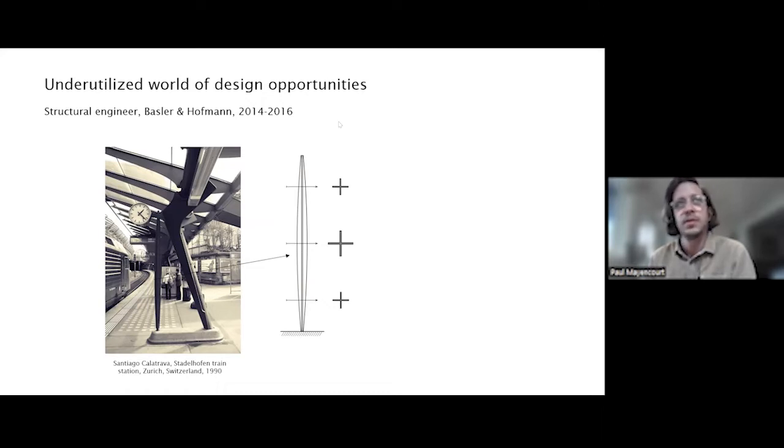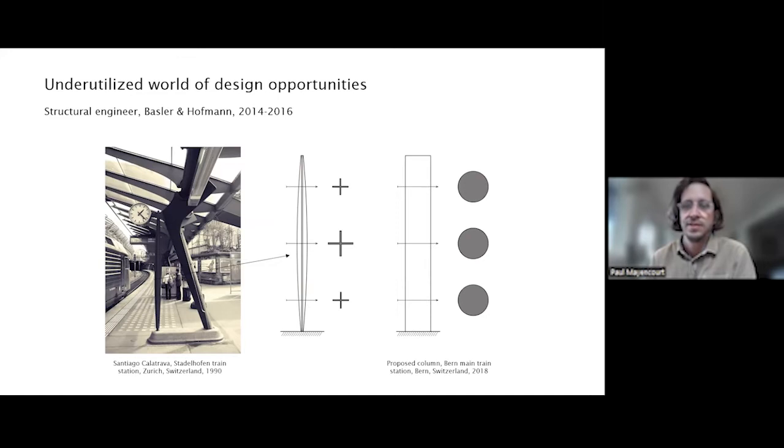But the design of the columns was imposed on me, and this is the section that it looked like. You can see it was a bit frustrating coming from school, where I had all these ideas about optimization and how we could combine structural design and architecture. I was walking through the train station every morning, but I had to work on something that was slightly less optimized. And I kept wondering why we couldn't use these techniques of optimized and structurally expressive structures in everyday structures to save material.